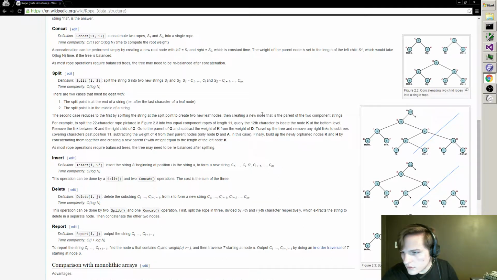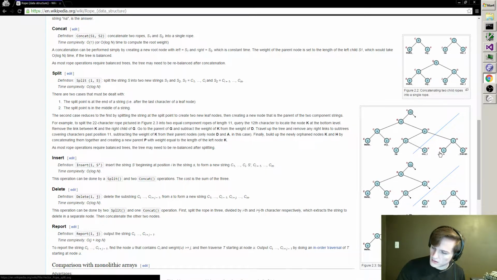Right, so then you have to like recursively go up and change everybody's weights. Travel up the tree and remove the right links to the subtrees covering characters past position 11. Yeah, interesting. That's an interesting issue. So how do you know that somebody needs to be removed? Basically,